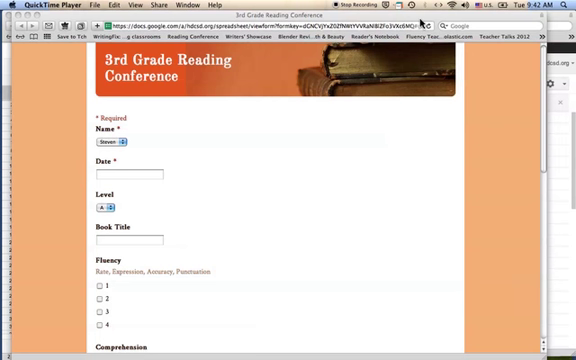This form allows us to have it on our laptops, it allows us to have it on our iPads, and it is very portable. It also summarizes all of the data. It's quite amazing. Here's an example of a third grade reading conference sheet that I made for myself for third